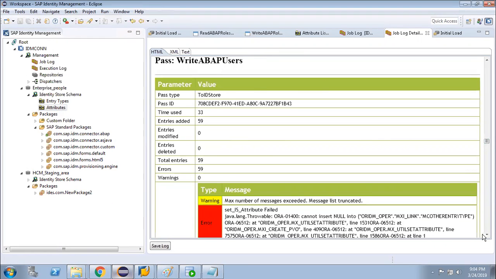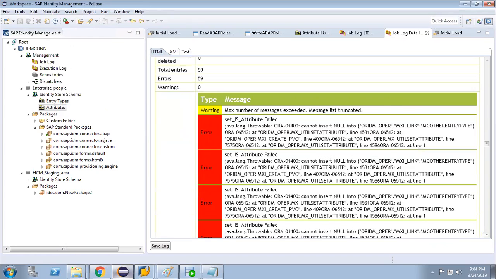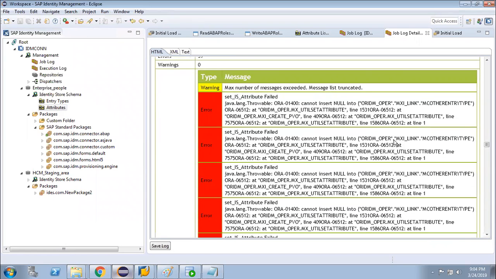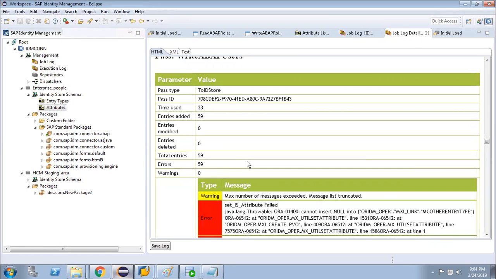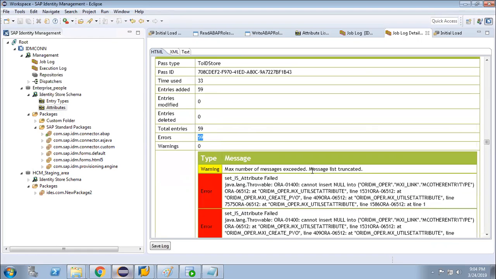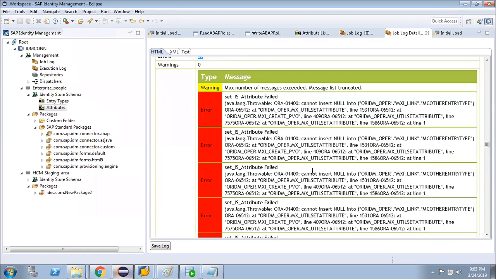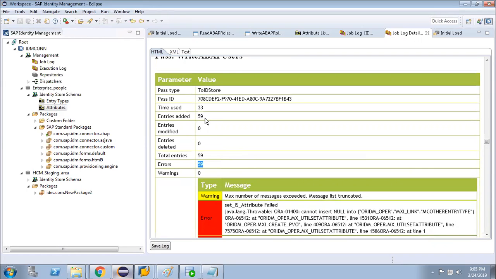Write above users, it might not write any users. The message list is truncated, but here you can see total entries 59 and total errors 59.